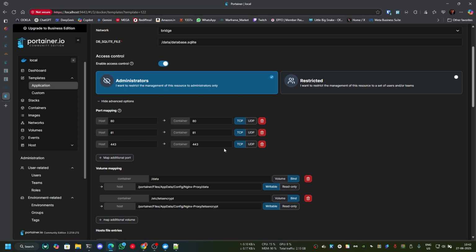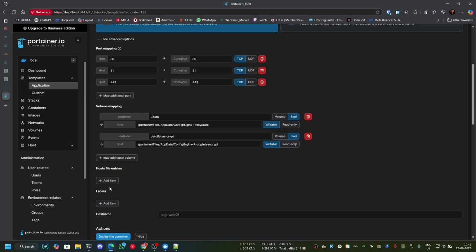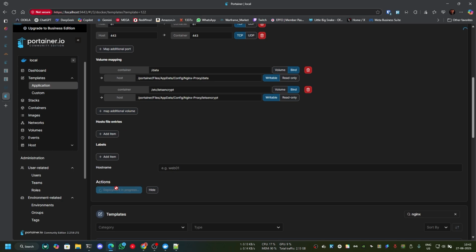So these are the three main port numbers we have to keep in mind. 8080 is for any request which is without HTTPS, that is HTTP request. 8081 is where we are going to access this website, and 443 is for all the HTTPS requests. You can store it in a different path if needed, but I'm going to leave it here for now. Once all this is set up, we can give it deploy,